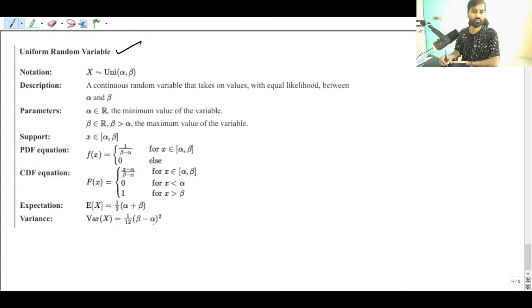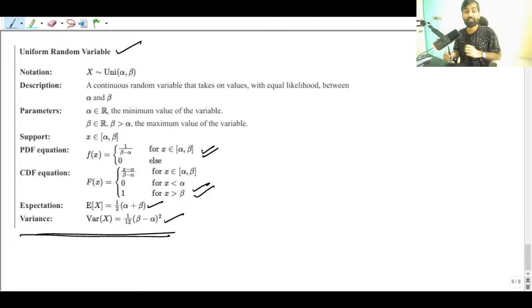So this is the expectation, alpha plus beta by 2, and the variance, beta minus alpha squared by 12. These are applicable only for uniform. And this is the CDF equation as well, and this is the PDF equation. I will tell you how to find the CDF from the PDF. You can get the PDF from the CDF by differentiating, but how to get